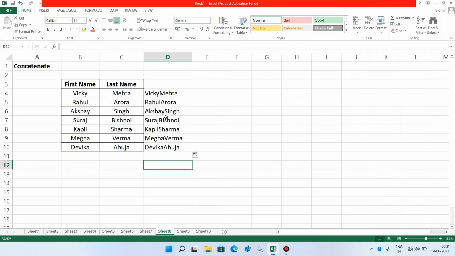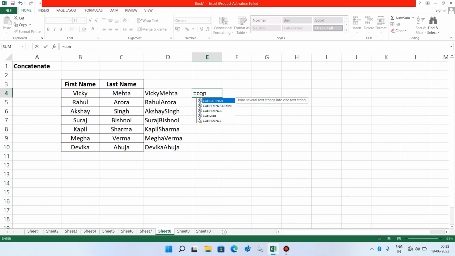Now you can see that there is no space between the first name and the last name, and if you want to give a space between the first name and the last name, then you have to change the concatenate function. So what you have to do is just click on this cell and type equal to concatenate, parenthesis. Now select the first name, give a comma, and now type double quotes,